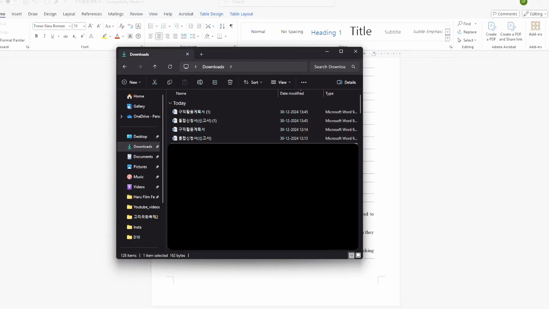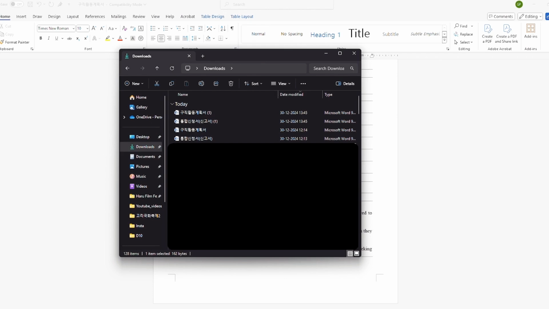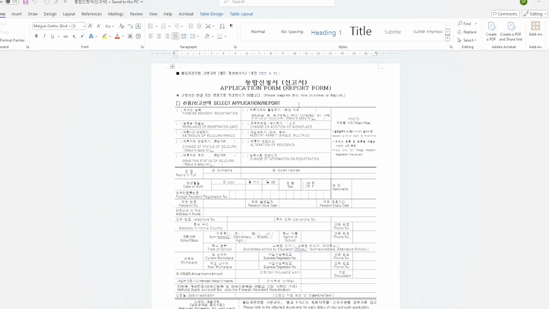Then next I'll show you the application form. This is how the application form is. You have to download it and then stick your latest picture over here, and then fill out this section, change of status of sojourn.